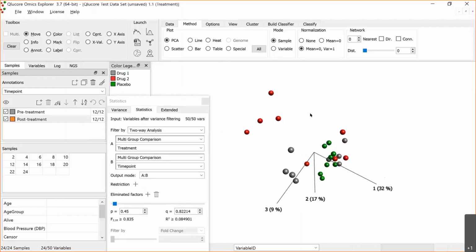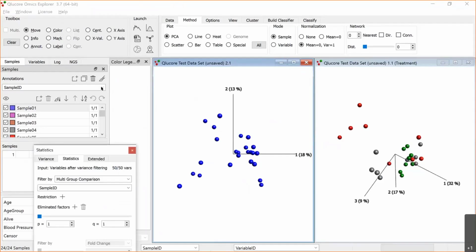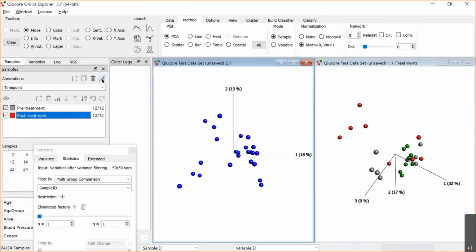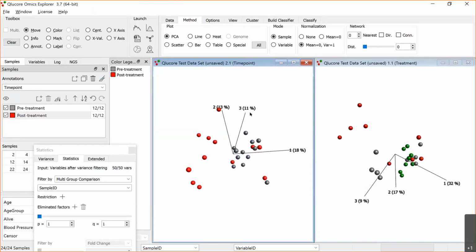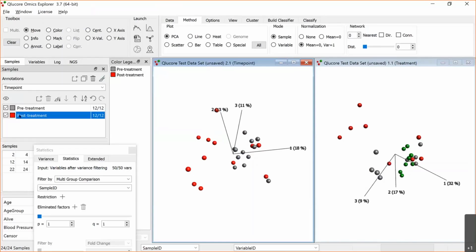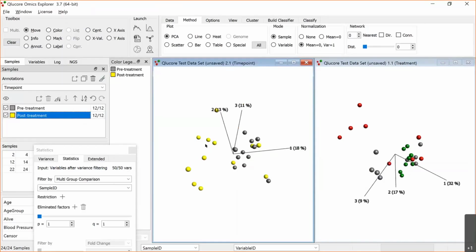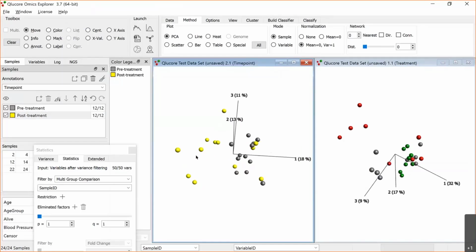So let's pull up a second PCA plot here to understand what's going on. And let's color this on time point. And let's change the color to something else here. It's easier to see like that. So maybe it should be a totally different color, not the same as we've been using in the other plot. I changed it to yellow instead, sorry. So here we have the post-treatment, so after treatment, and it's clear that